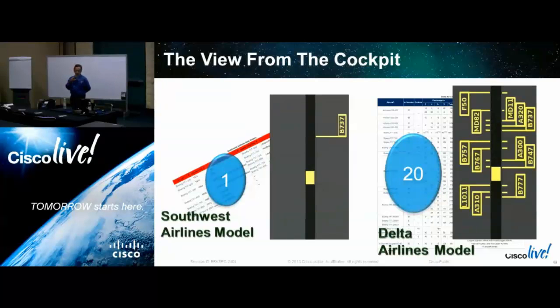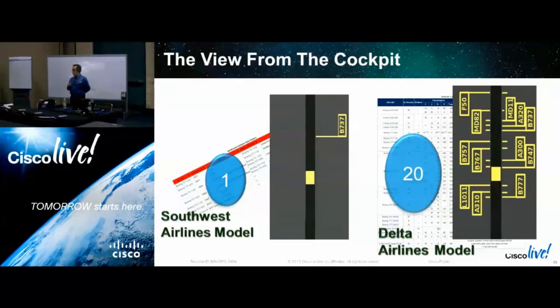Delta is an airline. You could substitute almost any airline. I use Delta in this one because I came across their airframe spec sheets on the web, and so I could also offer that spec sheet to validate the number 20 that I'm using here. But almost any large airline with many airframes would do, because the difference here is that when Southwest has to look at parts depots, they need a single parts depot, one spec.